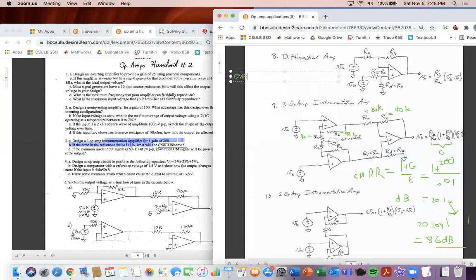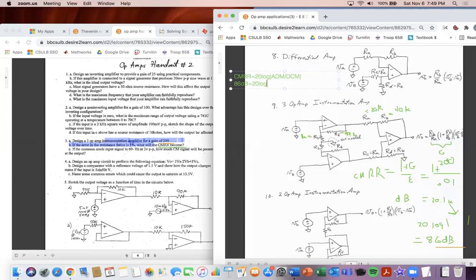Common mode rejection ratio is equal to 20 log of the absolute value of the amplification of the differential mode divided by the amplification of the common mode. And so, because it wants more of the amplification of the differential mode and less of the common mode, what we want to do here is we know our common mode rejection ratio was 86 decibels, and that's equal to